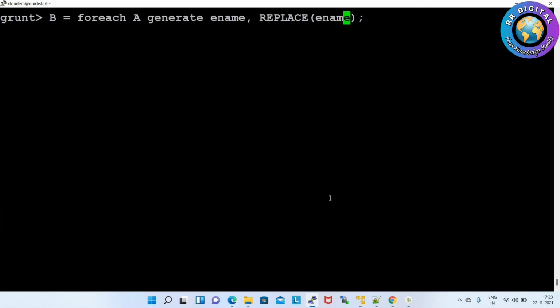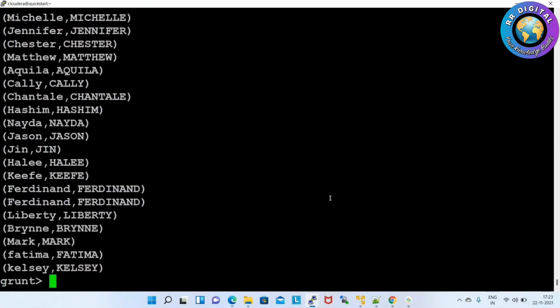Instead of the replace function we have to give upper. Dump B. See, successfully converted into uppercase letters.